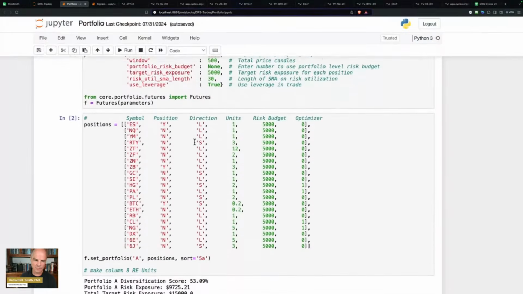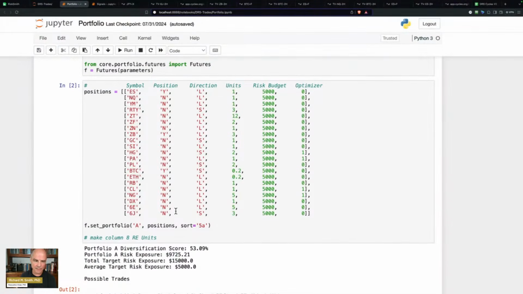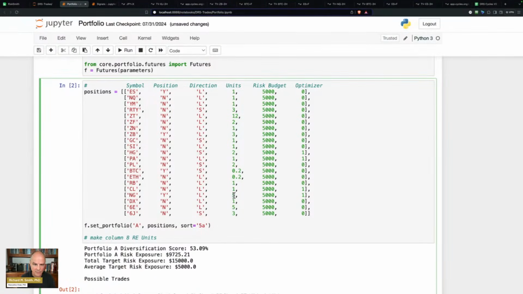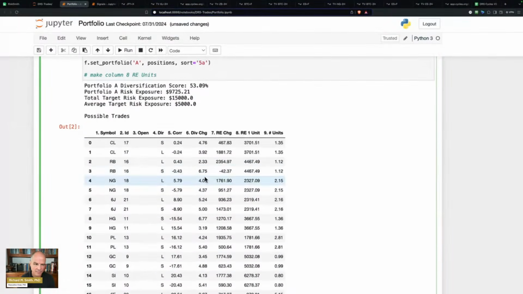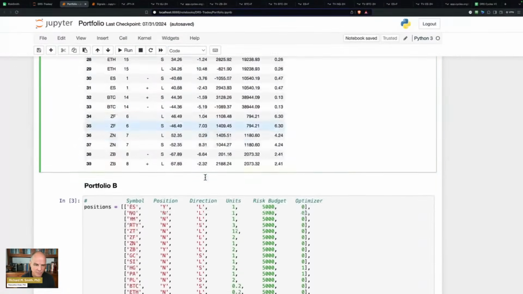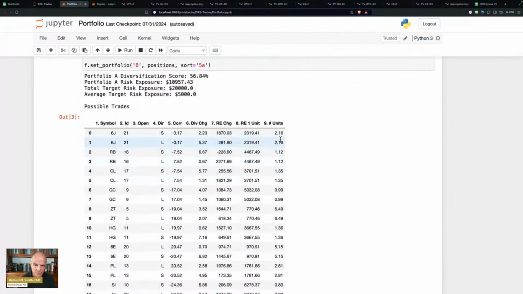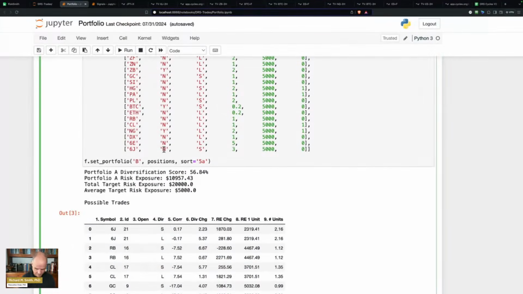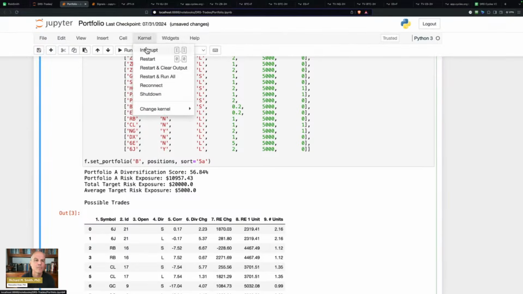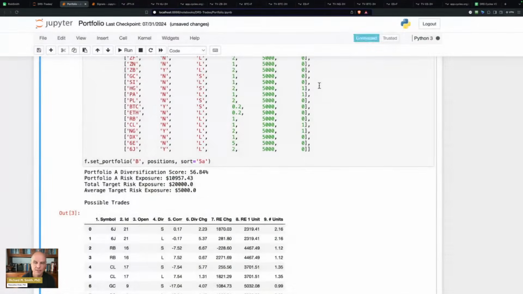All right, so we had, let's see, what did we add here? Natural gas, all right? I'm gonna add natural gas to portfolio A. And for the yen in portfolio B, we're looking at adding about 2 units. So we'll go now add that, long, 2 units. All right, we're going to update this.